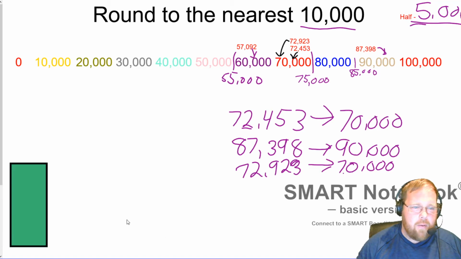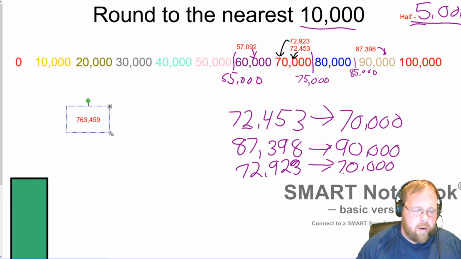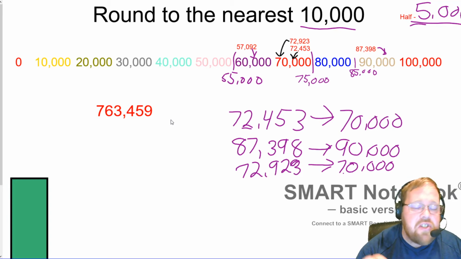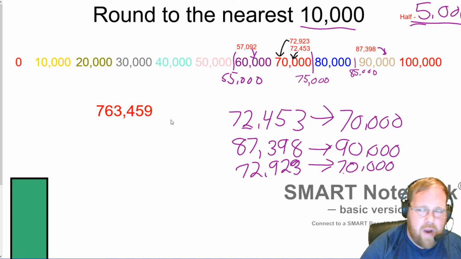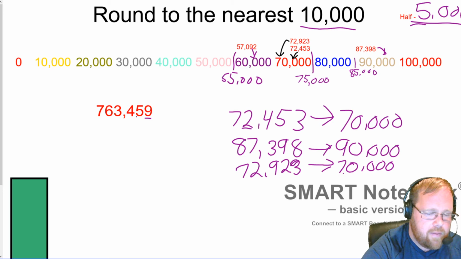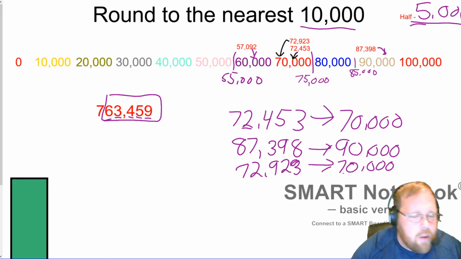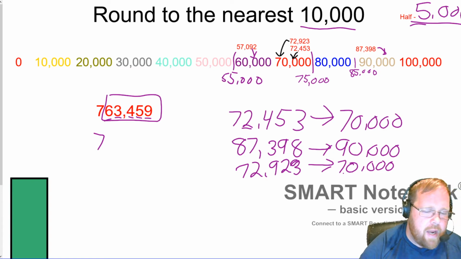Absolutely wonderful. Now, it's even bigger numbers. How do you read that number? That's a great question. 763, that comma is 1,000, so 763,459. We're rounding to the nearest 10,000. So let's find the 10,000s. Ones, tens, hundreds, thousands, 10,000s. So bring down the 7 because it's not in the box. Now we're rounding